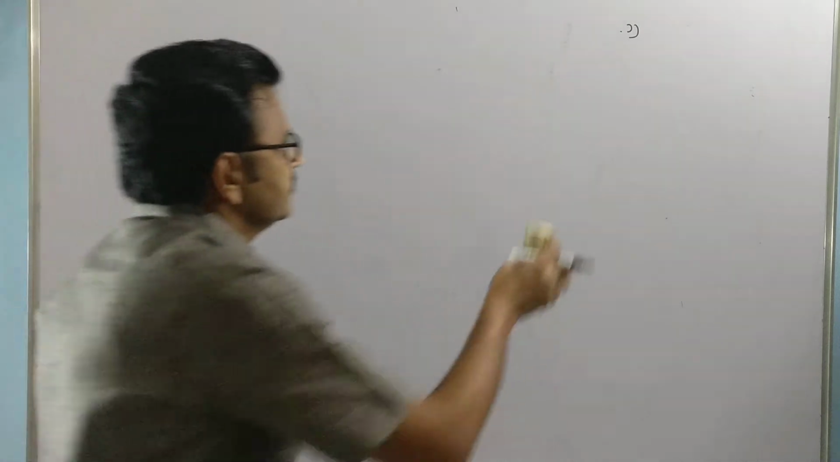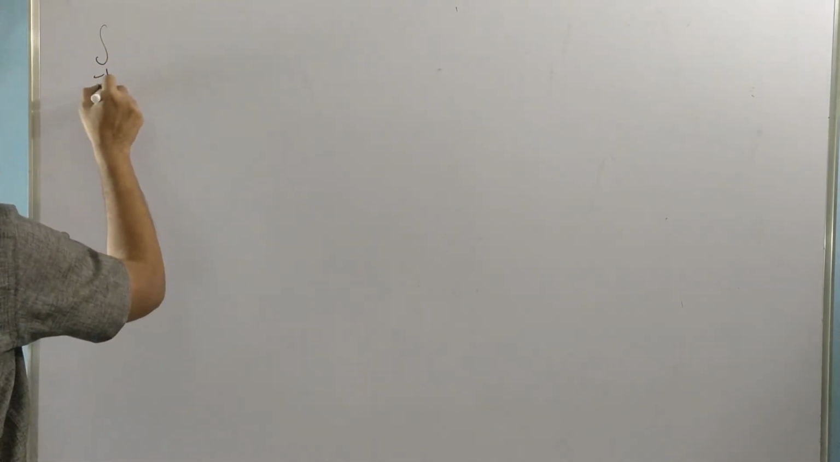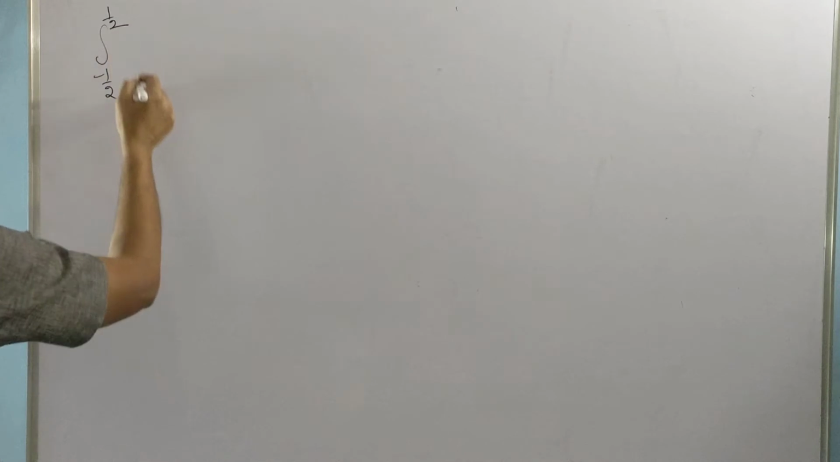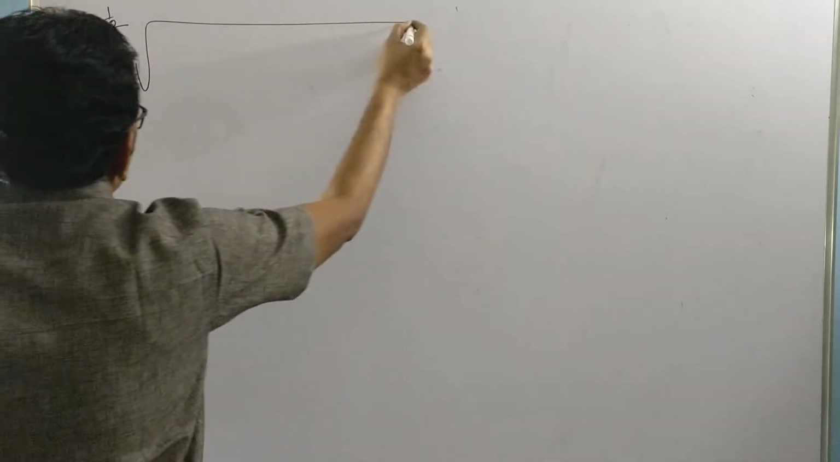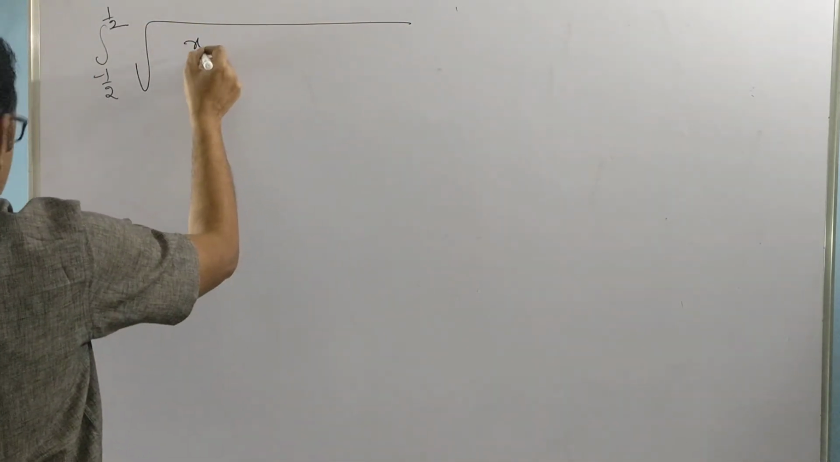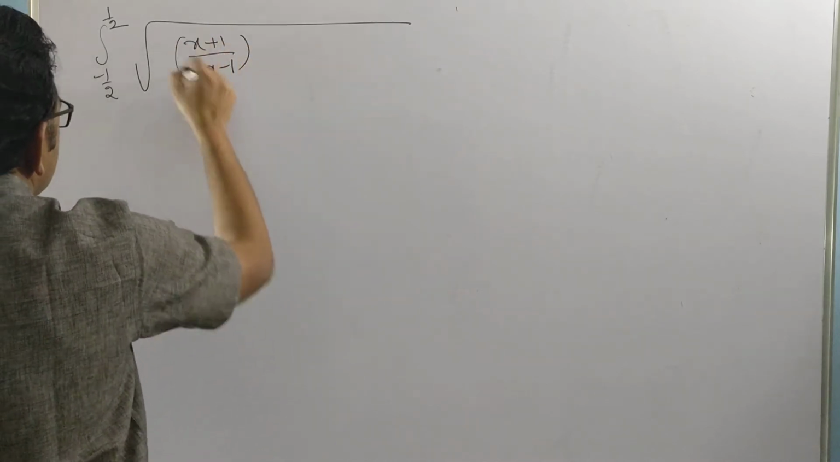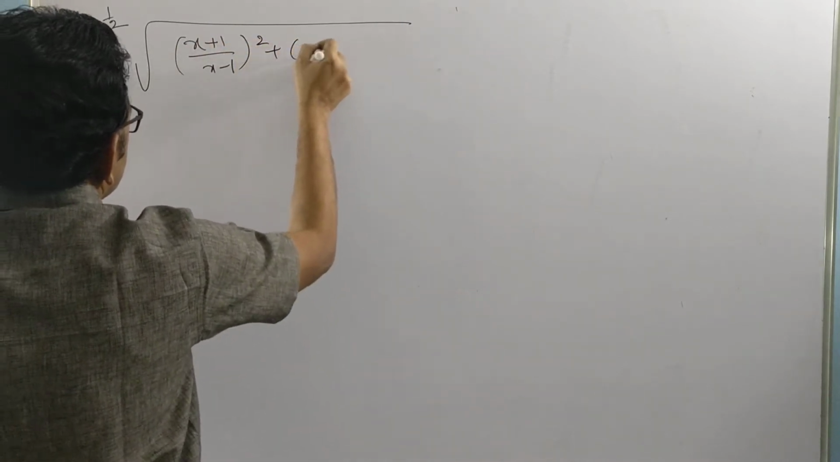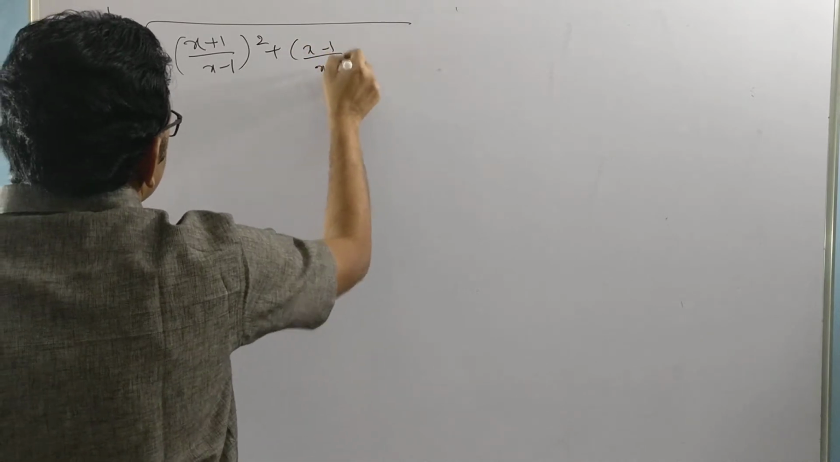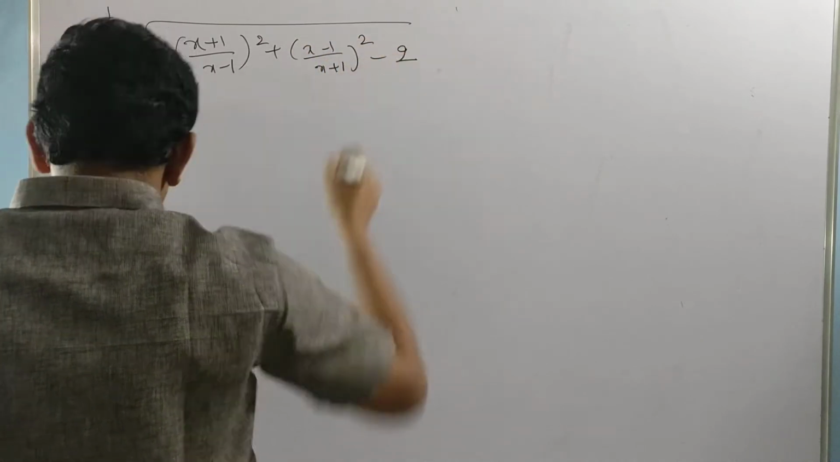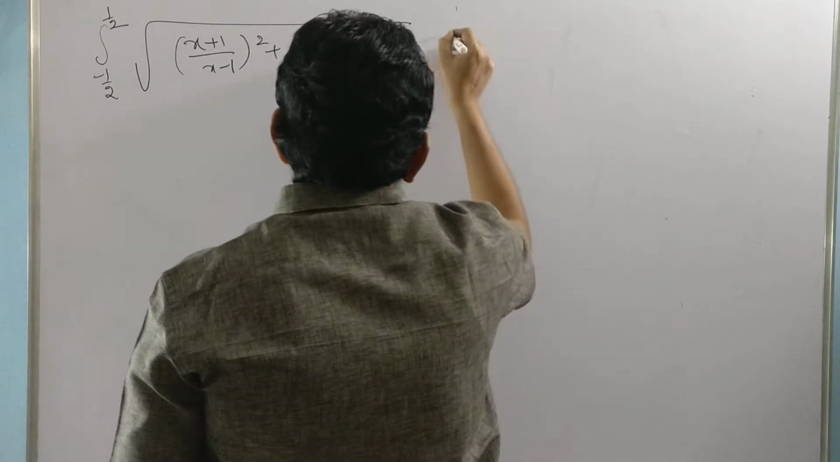Next one, integral from minus 1 by 2 to 1 by 2, square root of (x plus 1 by x minus 1) whole square plus (x minus 1 by x plus 1) whole square minus 2, dx is equal to,